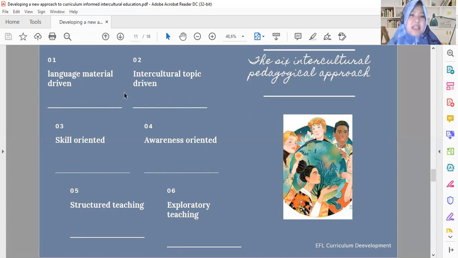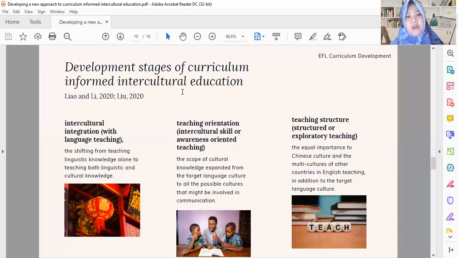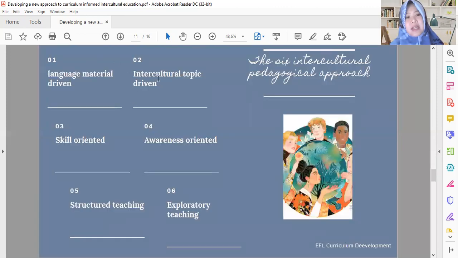The first and second approaches concern the shift from teaching linguistic knowledge alone to teaching both linguistic and cultural knowledge. So it seems like an integration of language teaching and cultural teaching in the EFL classroom.